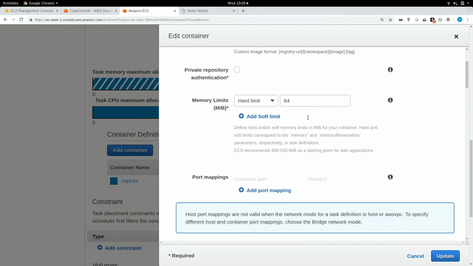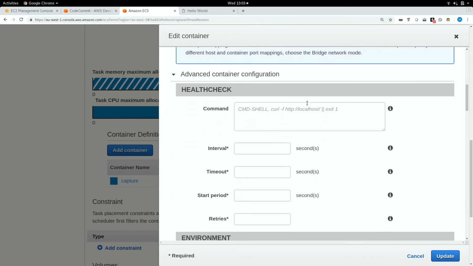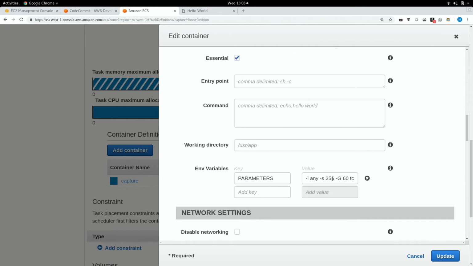So we like that. We define it, we give it some memory in there, and this is where we would then define our parameters. So we've got the parameters of -i any, and just some standard stuff. We're slicing at 256. We're using a G because I want to roll these over every minute, and we're going to filter out our NFS traffic because we're writing this stuff out to NFS. We don't want to get in an ever-continuing circle of stuff getting captured, because we don't want to capture what we're doing.